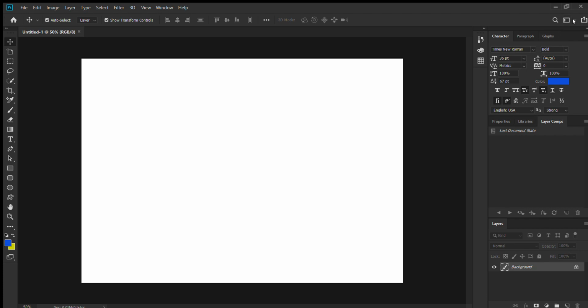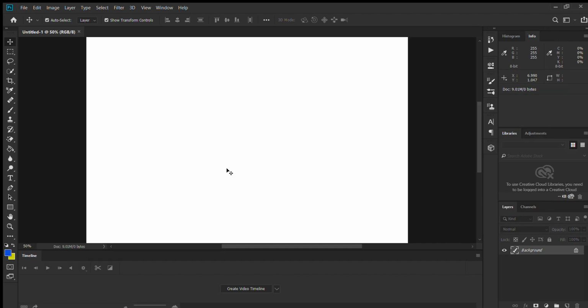Okay, if we click on motion, then the timeline, create video timeline, shows here on the bottom side, and other info is shown here. The document which is selected, whose information is given on the right-hand side. Creative Cloud: if we have some images on the cloud, then we will fetch them from Creative Cloud. Layers and channels options are given.